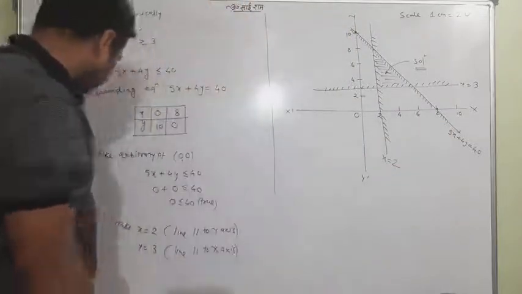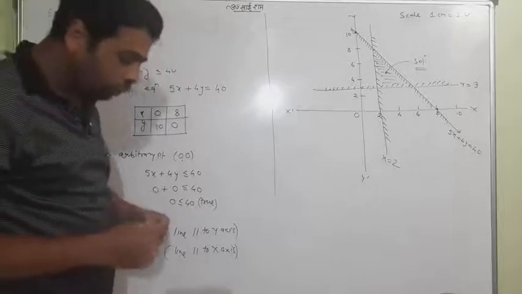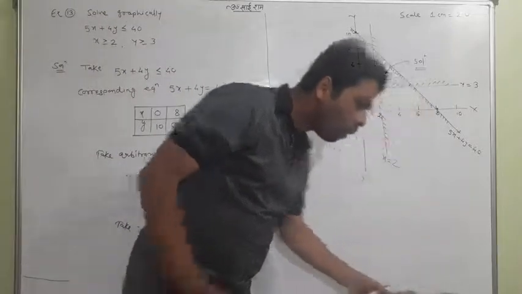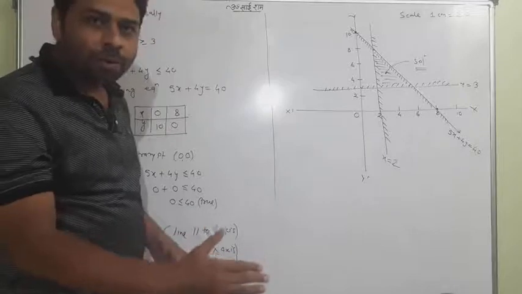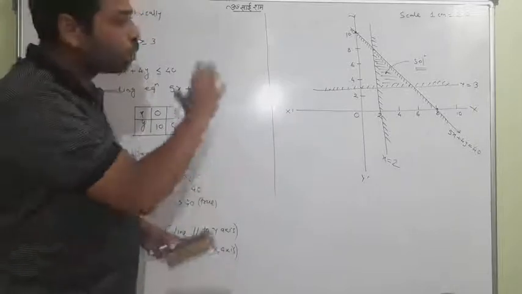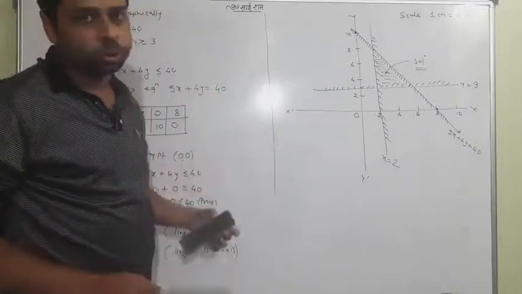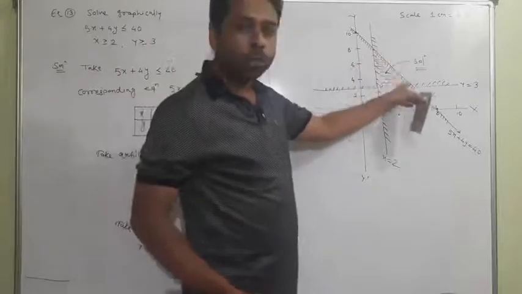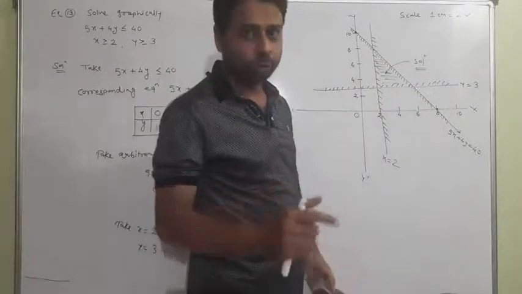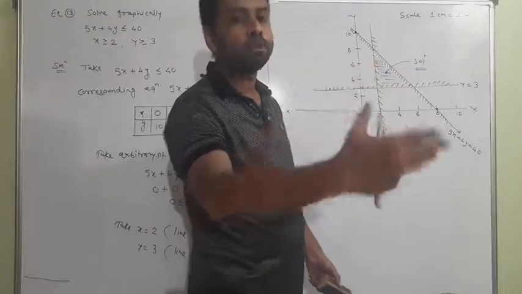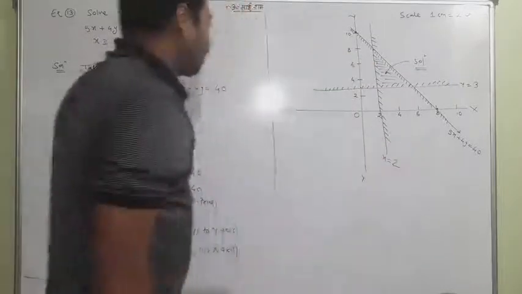So this is from my side. I think it is very easy. It's your duty only to draw all the inequalities' graphs on a single graph. Whatever the common region will be, it is your solution. It is actually covered by all three lines. That's why it is called a bounded solution. We have one more thing, an unbounded solution. Okay, I will tell you when it will come.